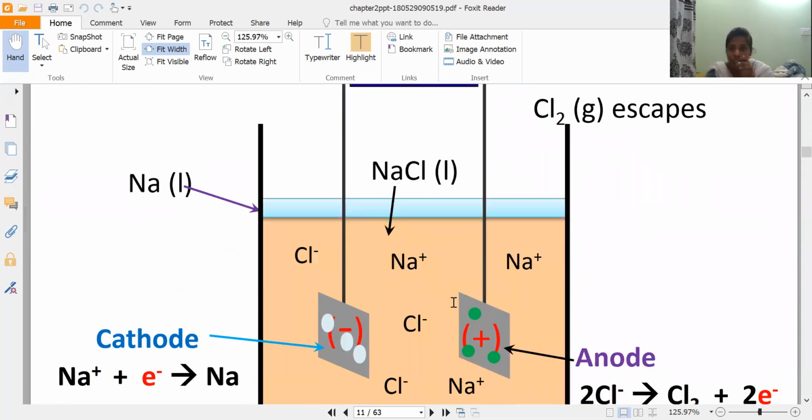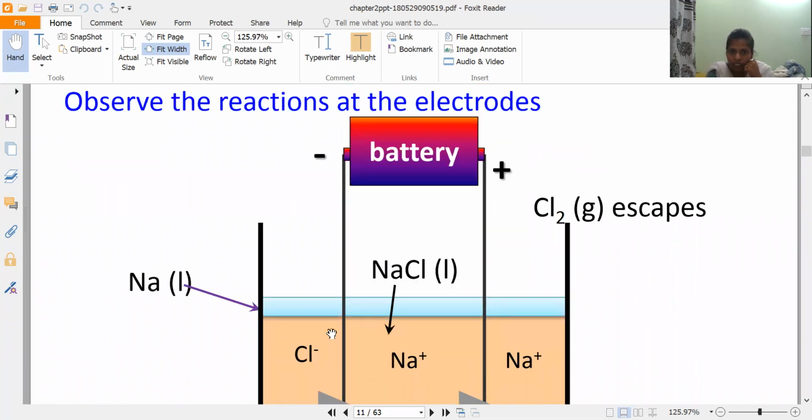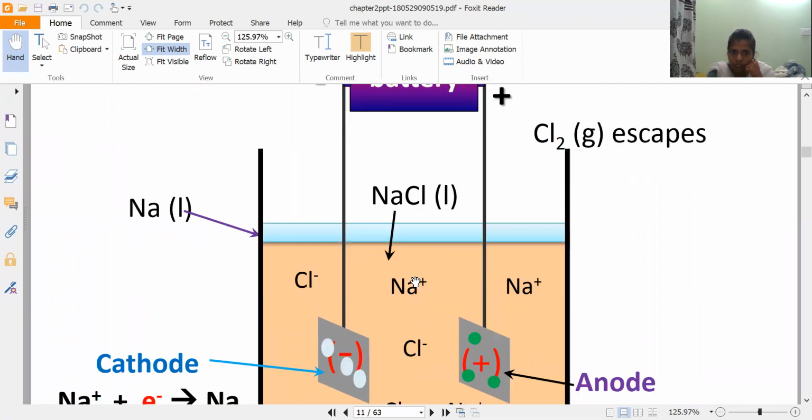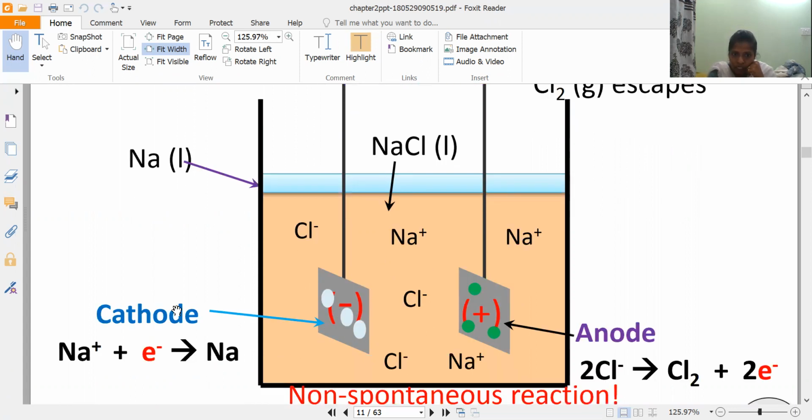This is the diagram which I explained now. See here, this is the electrolytic cell. These are the two electrodes and this is connected to the battery. This is the electrolyte. Electrolyte is NaCl. Here NaCl is decomposing to Na+ and Cl-. So Na+ is moving to the negative. See here, Na+ is moving to the cathode and Cl- is moving to the anode. So what is happening here? The Cl- is losing the electrons. Na+ is gaining the electron. Gaining the electron means reduction. Cathode reduction. Anode losing electrons, that means oxidation.